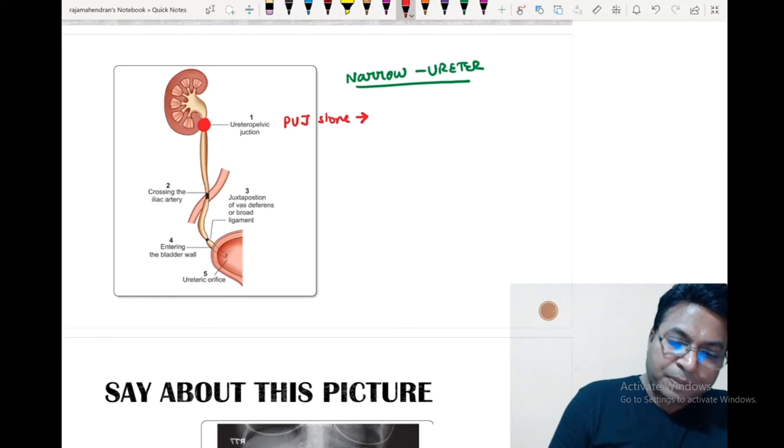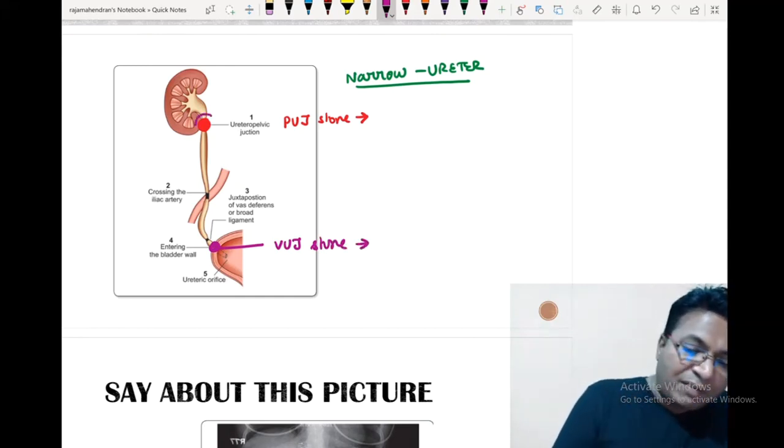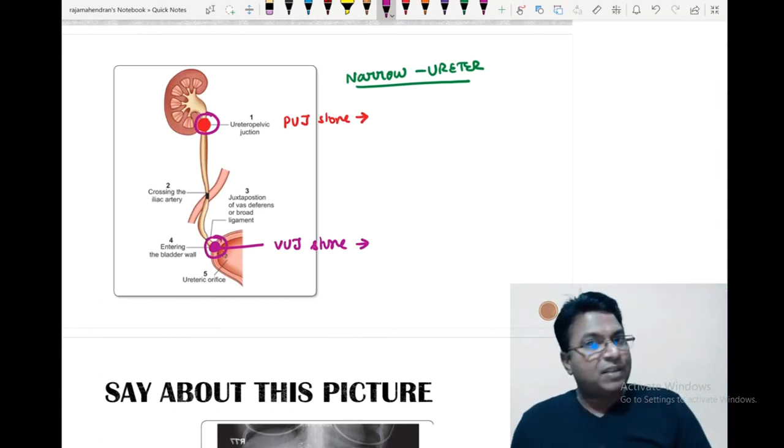What will be the symptom? And if there is a stone obstructing at the vesico-ureteric junction, a VUJ stone, what will be the symptom? Don't get confused. The pelviureteric junction is this, and this is the vesico-ureteric junction. There may be many places where it can get obstructed, but in these two places